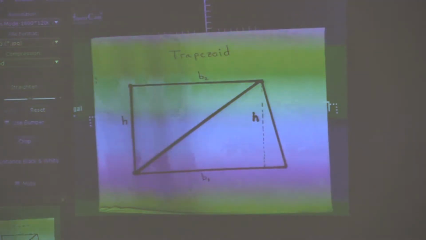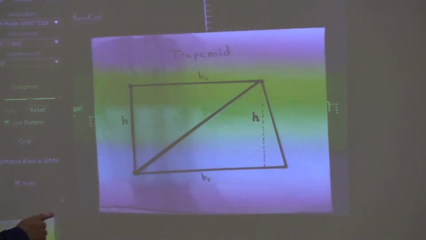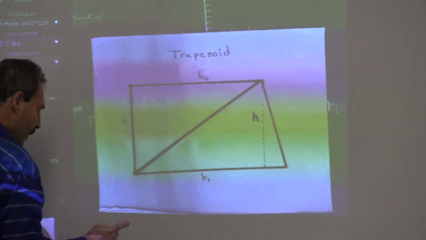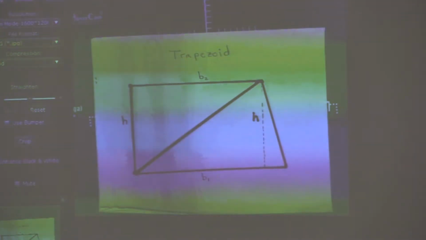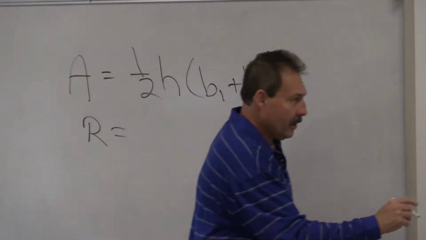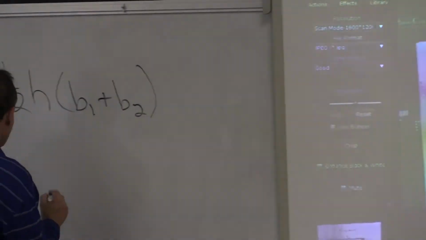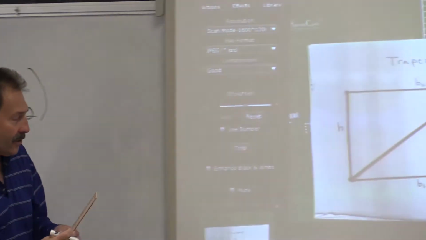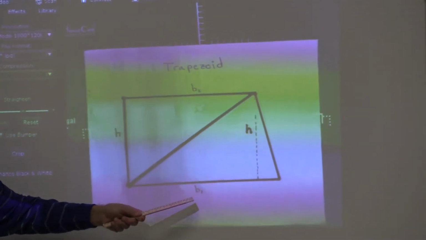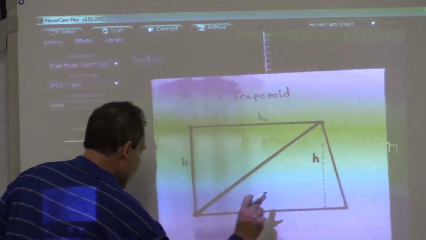So guys, let's take this triangle, all right? Let's take the area of that triangle right there. The red triangle. The area of the red triangle. 1/2 times the base. What are we using for the base? B1, right? 1/2 times the base times the height. You with me? You agree? Yeah. 1/2 times the base